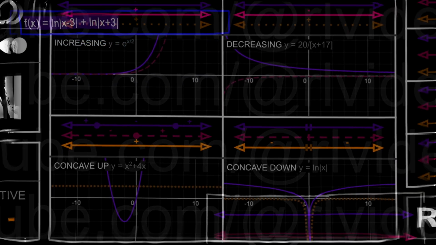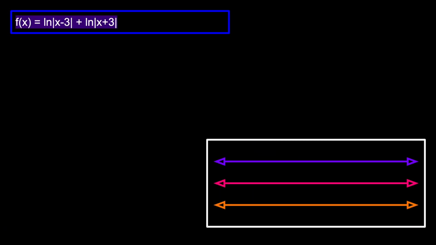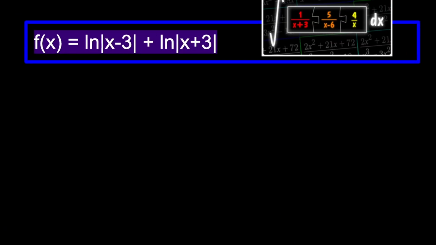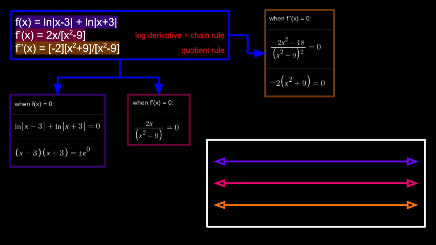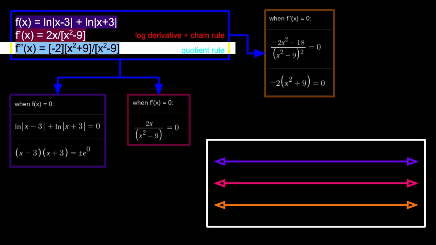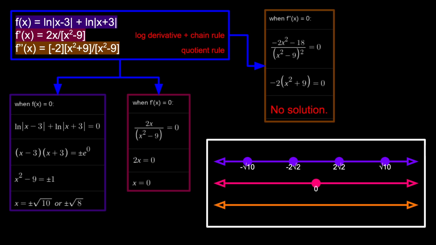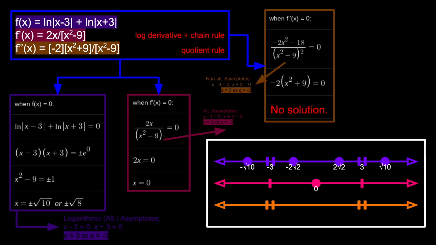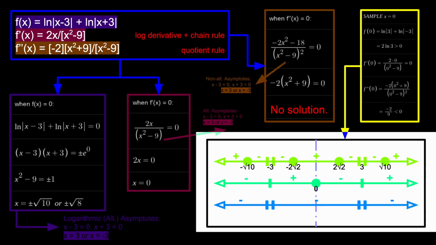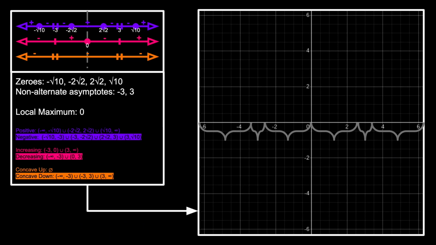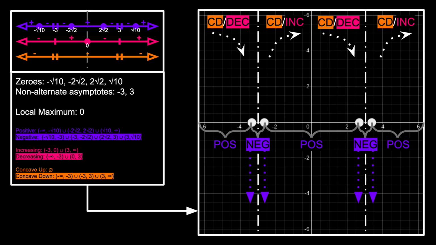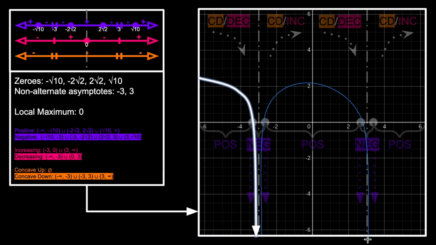Alright, let's compile this whole process into an actual example. Take this function, which is secretly a reference to my last video. We can use the basic derivative rules to find f prime and f double prime. Factor the numerators to find zeros, factor the denominators to find asymptotes, sample x equals 0, and extrapolate the interval signage. Onto our graph. Divide it up, plant the zeros, asymptotes, and scribble the rest of the graph accordingly, and